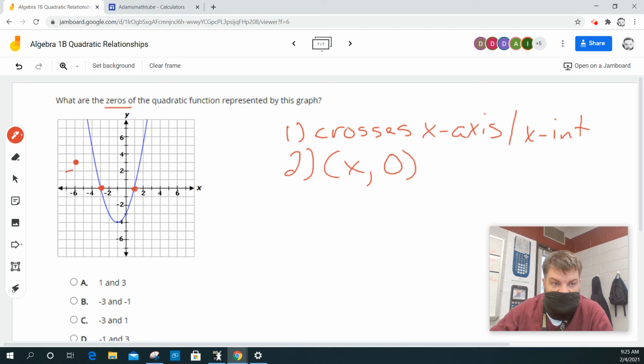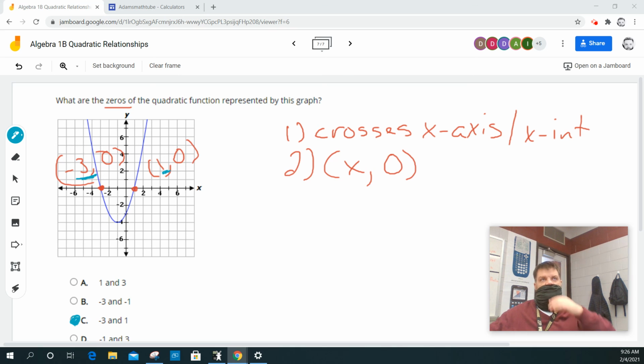So the first one is -3, 0. And the next one is 1, 0. So what is that? So we look at the x value, it's -3, +1. It looks like C, right? When x is -3 and x is 1. That's pretty easy. Heck, we might be able